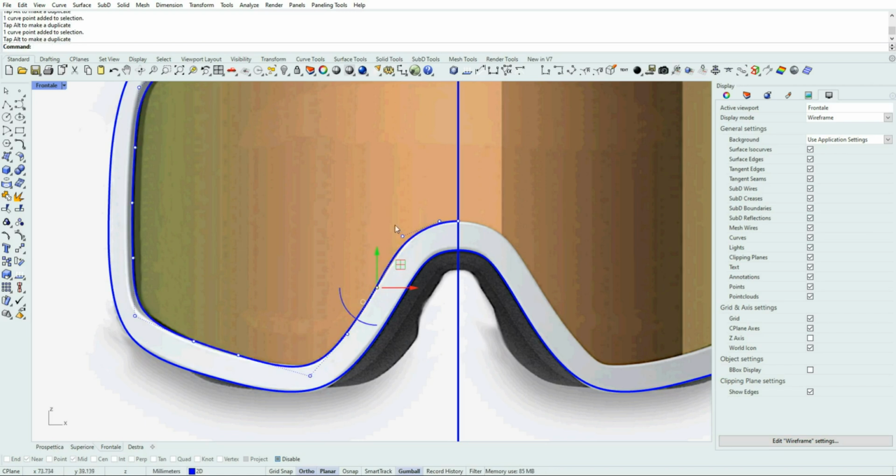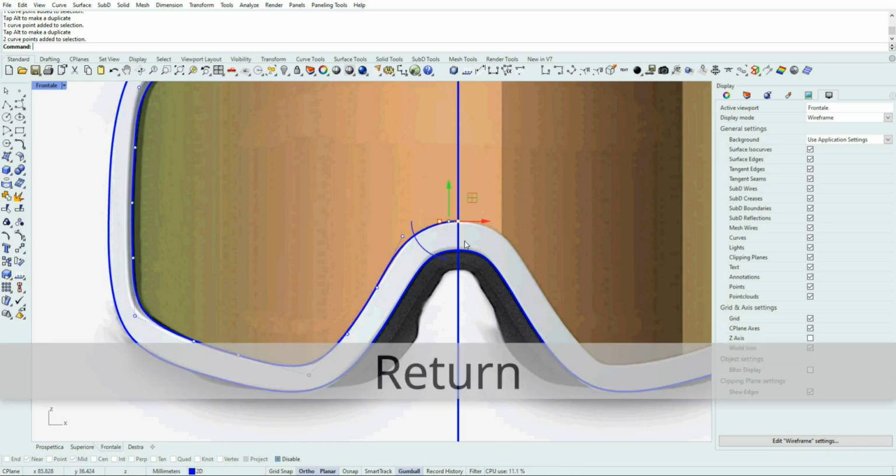Something like a wavy curve, which we don't want. In this case, it's very smooth and almost accurate to the picture.